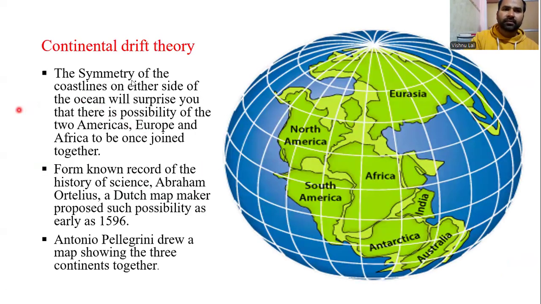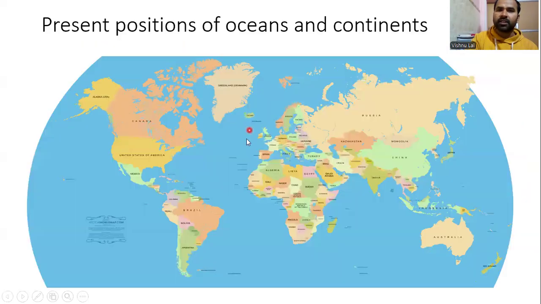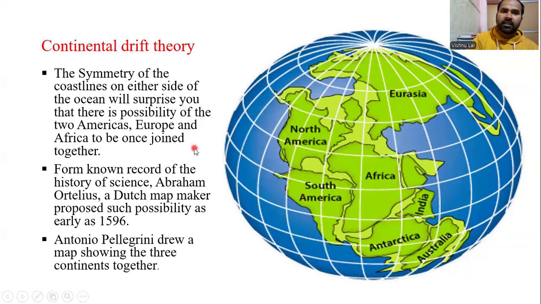First, if we see the coastlines of some continents, like this is the coastline of Africa, and here we can see the coastline of North America, and this is the coastline of Europe. After seeing the symmetry of the coastlines of all these continents, some scientists started to discuss that once all these continents were